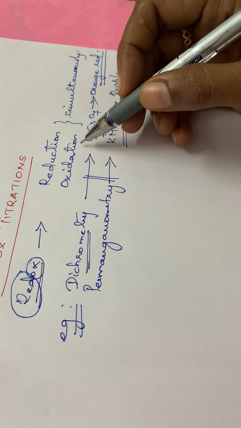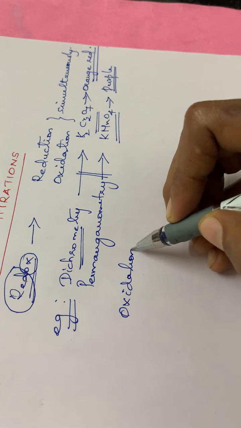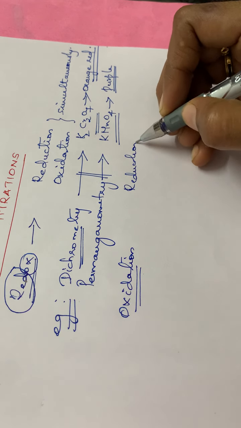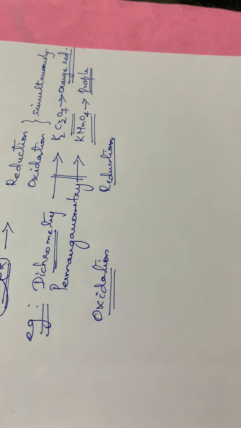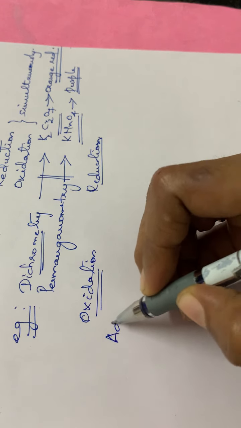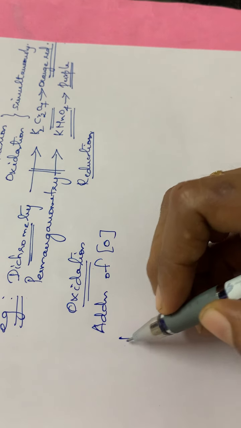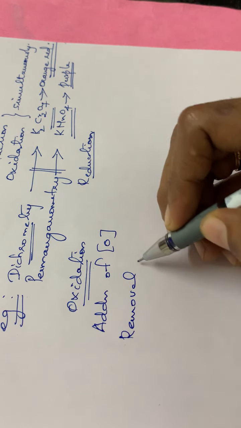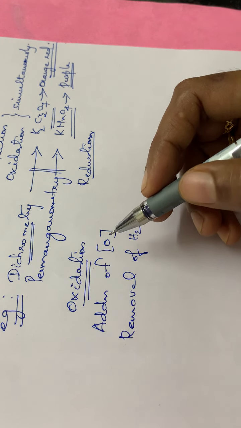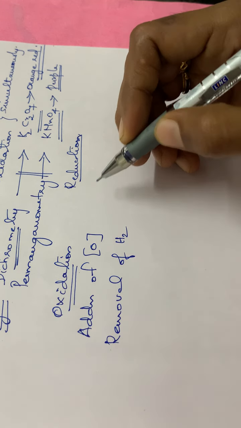And also next, going on to reduction and oxidation. You might have studied this oxidation and reduction reactions, isn't it? So what is the difference between oxidation and reduction reaction? See, in the case of oxidation reaction it will be addition of oxygen, or we can say it as the removal of hydrogen. If hydrogen is removed, or oxygen is added in a particular reaction, we can call it an oxidation.